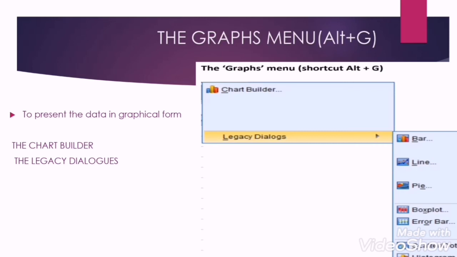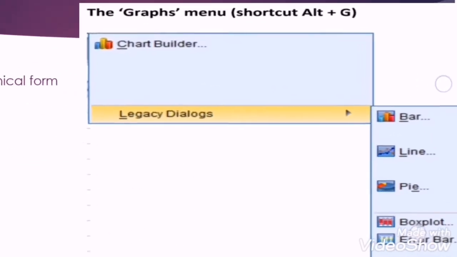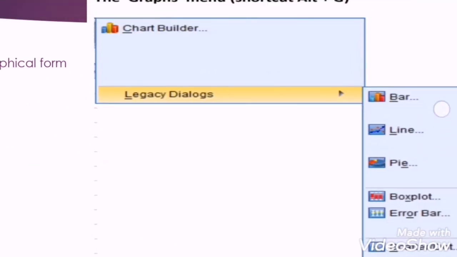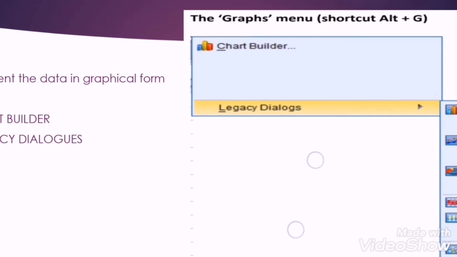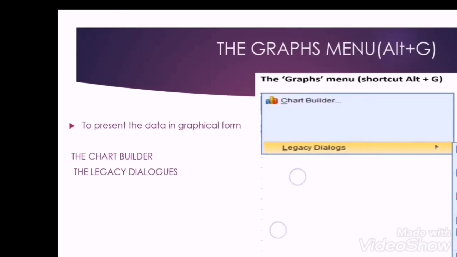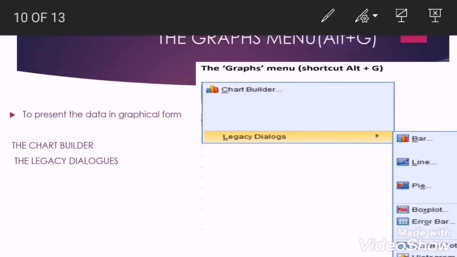This creates greater flexibility in graphing, but can sometimes be more complicated than we need. The legacy dialogs allow us to create basic simple graphs in an easy to use manner. We can create bar chart, line chart, pie chart, box plot, error bar chart, scatter diagram and histogram. In the subsequent video, we shall see the creation of charts with the data set.